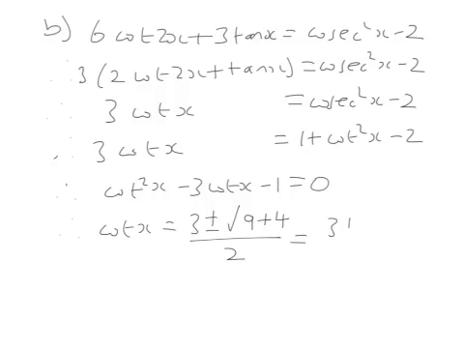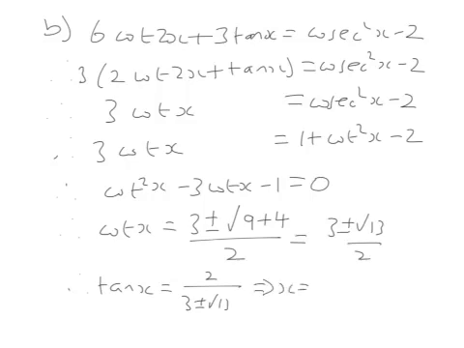So that's 3 plus or minus root 13 over 2. So that means that tan x is 2 over 3 plus or minus root 13, which means that x is 0.294